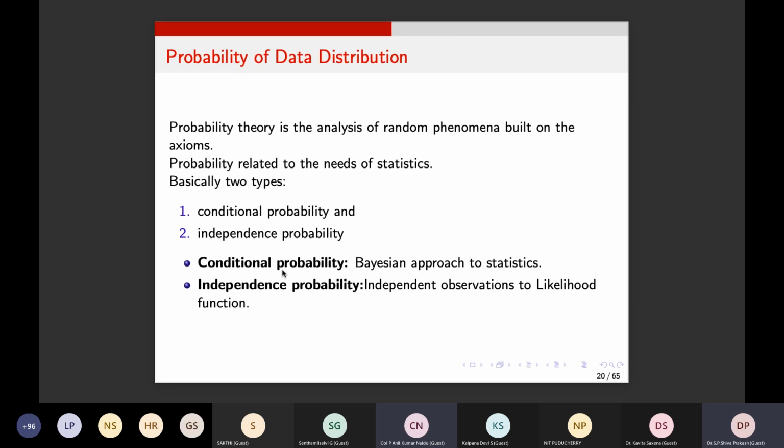Of course, with conditional probability, we go with a Bayesian approach to statistics, and then independent probability, independent observations lead to likelihood functions, right? So when we say the probability distribution, so we have basically